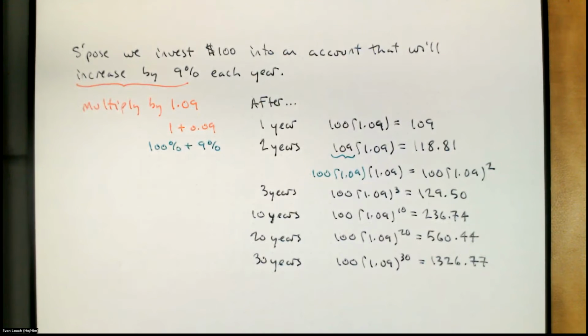We can use this in reverse. Let's suppose that we want to figure out how much we need to get to a certain target after 30 years. We can just divide it by this 1.09 to the 30. Notice that if I change my 100 to, let's say, 500,